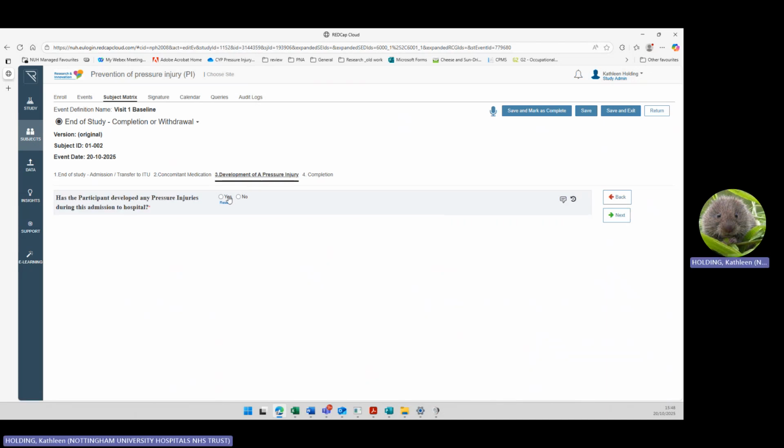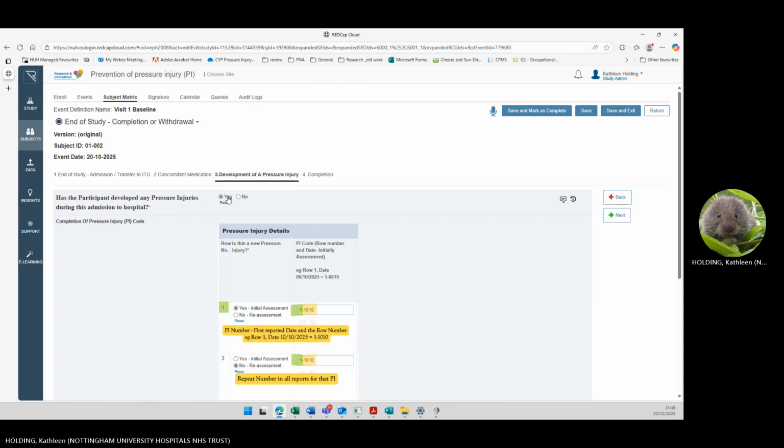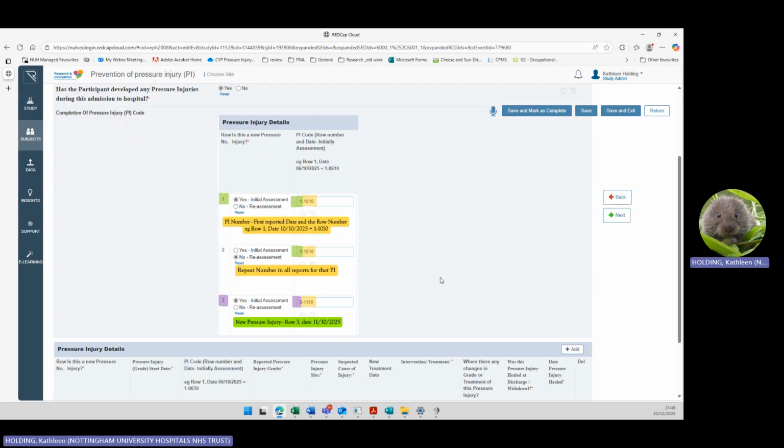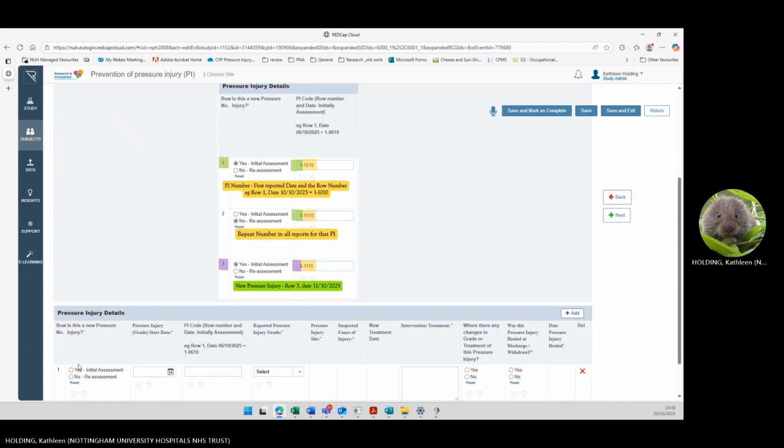Development of a pressure injury. If they developed a pressure injury during their admission, we'd like you to code the pressure injuries. And that's done by the row number and the beginning of the start date. So I'll just show you with